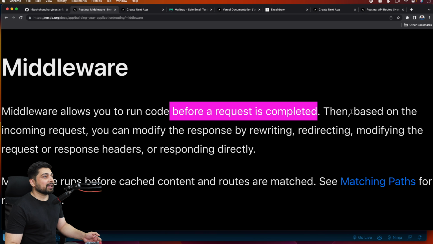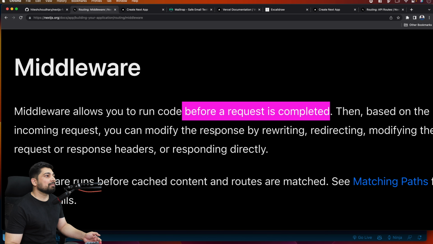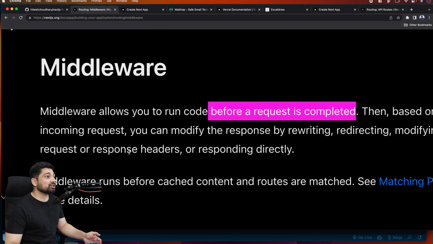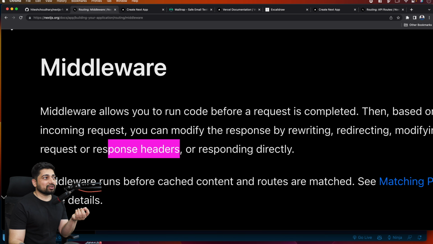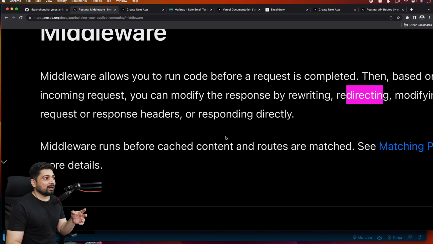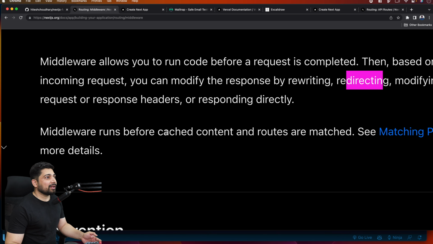And let me zoom this again. Then based on the incoming request, you can modify the response by rewriting, redirecting, or modifying the request or response headers. Sometimes we inject some things in the headers as well, for example, maybe user ID. So if there are things you want to inject in the response headers or the request header, you can do that. Or you can redirect this, modify this, however you go with that. Middleware runs before the cached content and routes are matched. So this is what they